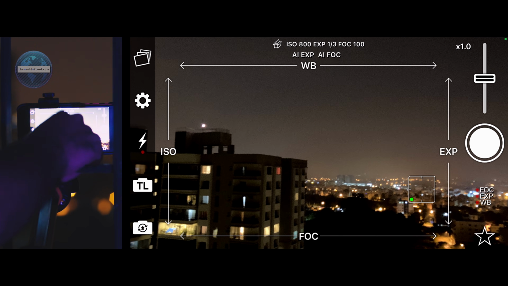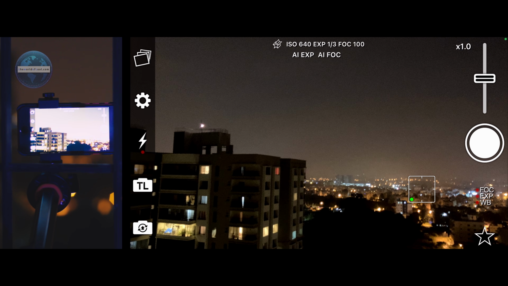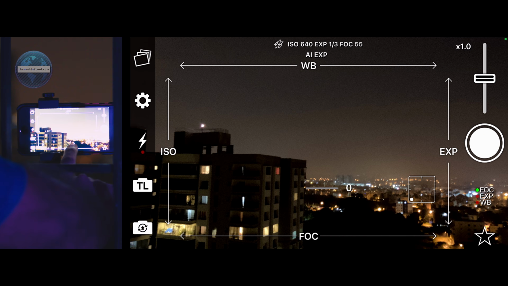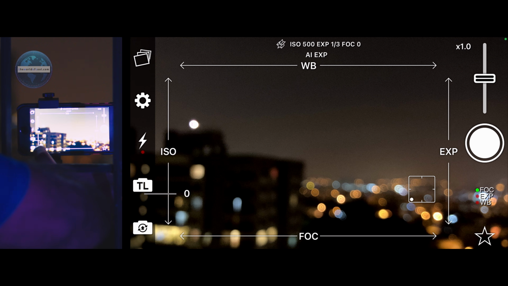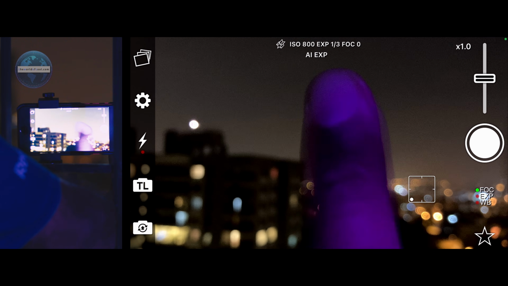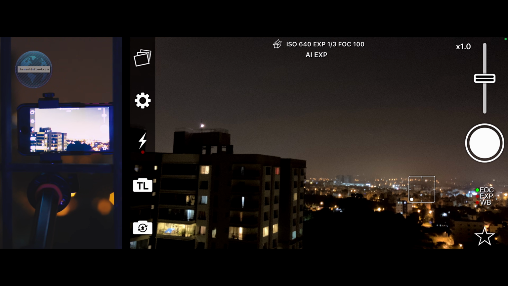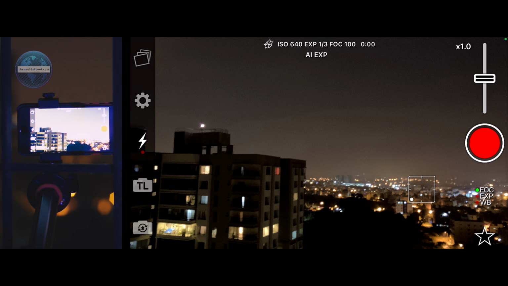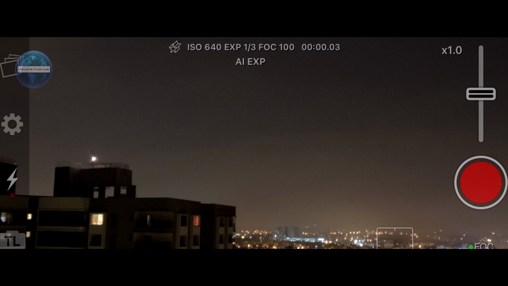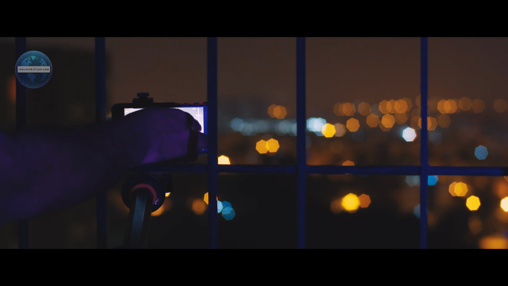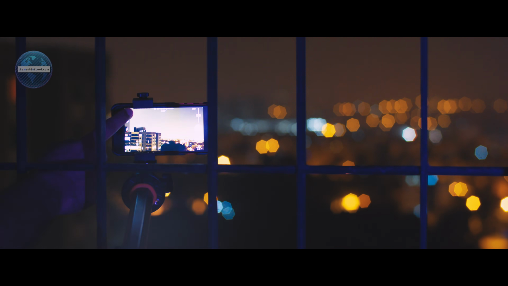There is tap to focus available and it's really helpful, but if it doesn't work because the scene is too dark, or if you want manual focus, just slide your finger left to right near the bottom of the screen. So 0 on the left is the closest focusing distance of your phone, and 100 on the right is infinity. That's what you should keep for time lapses, star lapses actually. And the last step, tap the shutter button. If you check the info on the top which the app displays, you will see the running meter for how long your current time lapse is. Tap stop whenever you want and then just go to the gallery to enjoy what you just shot.